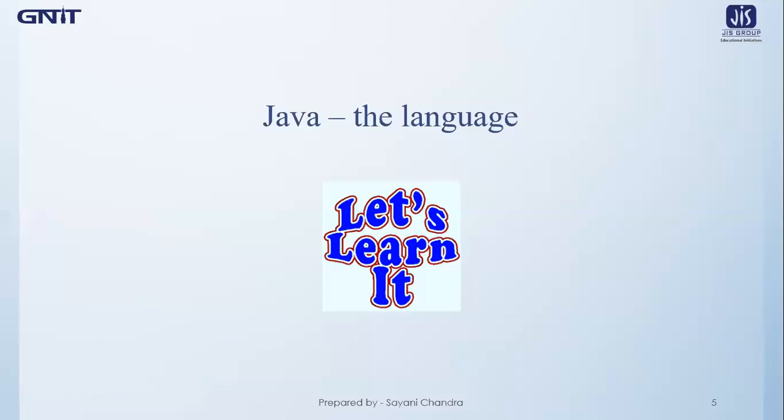The first one is standalone application. Standalone applications are also known as desktop applications or window-based applications. These are traditional software that we need to install on every machine. Examples of standalone applications are media player, antivirus, etc. AWT and Swing are used in Java for creating standalone applications. The next one is web application. An application that runs on the server side and creates a dynamic page is called a web application. Currently, Servlet, JSP, Struts, Spring, Hibernate, JSF, etc. technologies are used for creating web applications in Java.